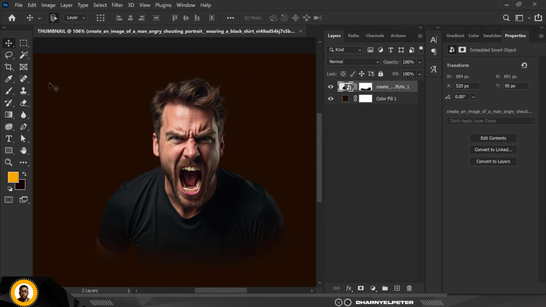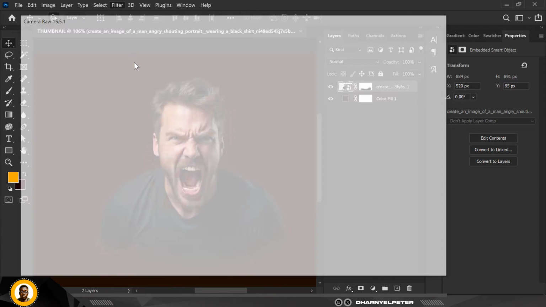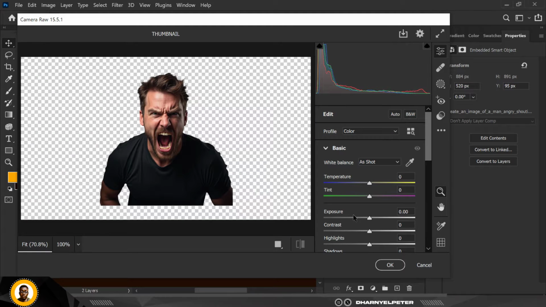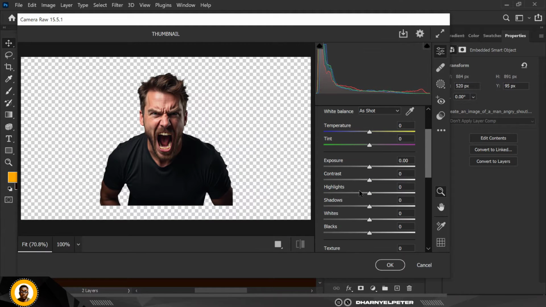Okay, so a couple of things I want to do with this image to make it pop is where I want to start from. So go to Filter and go to Camera Raw. Now inside of Camera Raw, when it loads up, go over to under Basics. You want to take down the highlights like this, and you want to increase the contrast. Just follow my settings for this, please. And the shadows,